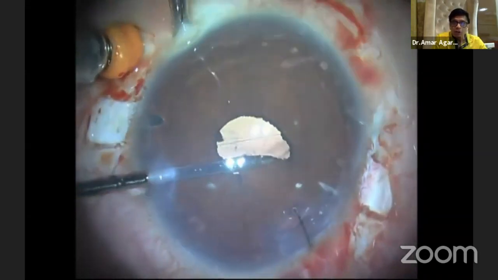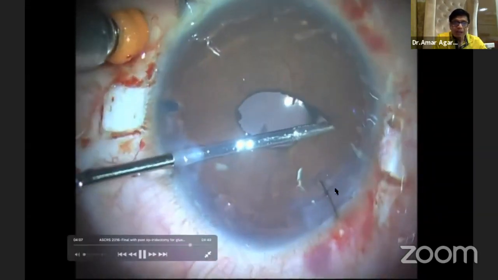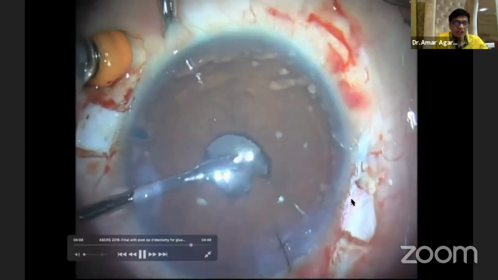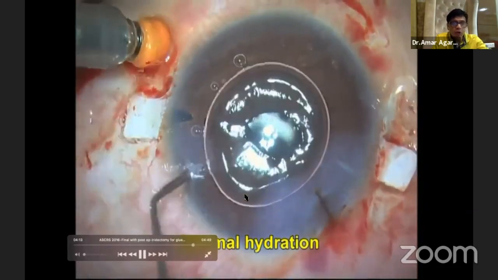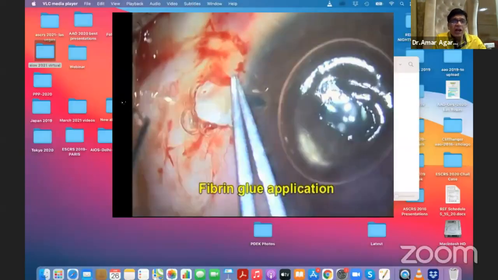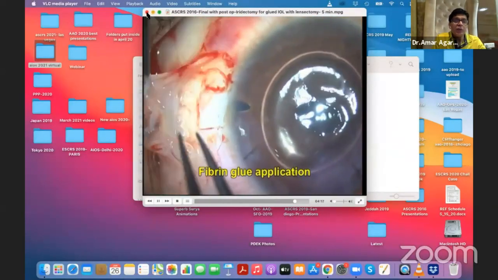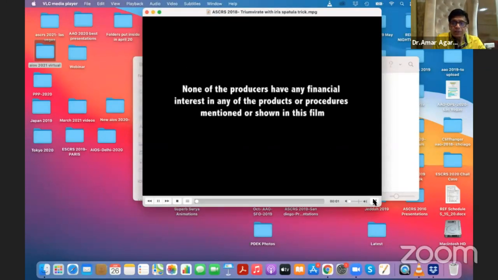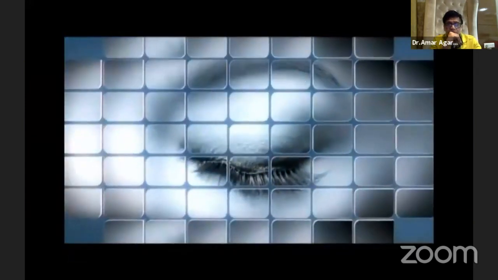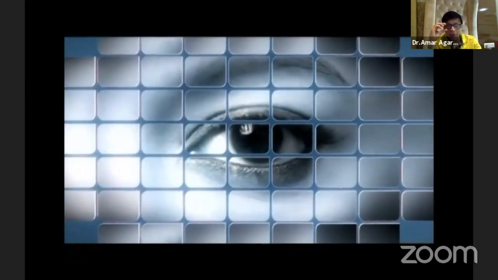All I need to do now is just apply the glue and seal the case down. So this basically completes this first case, which I thought I'll show you about. And once I've done that, I'll just move on to the second case for time shortage. And I thought I'll take another difficult case here. In this case, particularly when we are doing the phacoemulsification, you will see what's happening here.